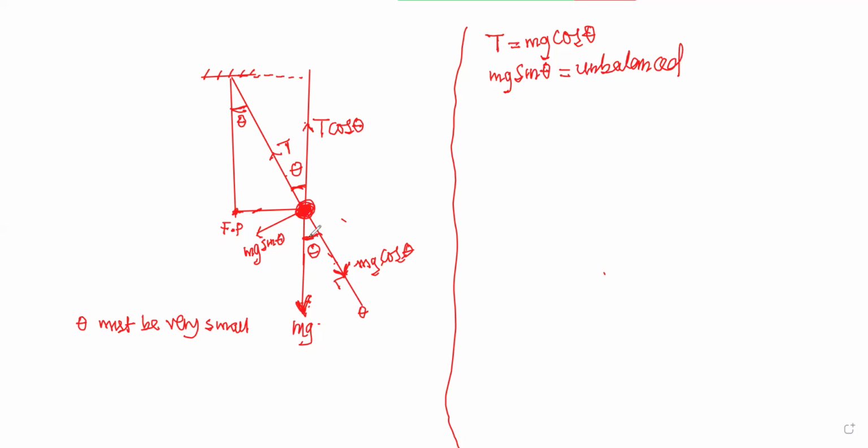So the mg sine theta component is unbalanced. And the unbalanced force is always equal to the force which always tries to restore it to its original position